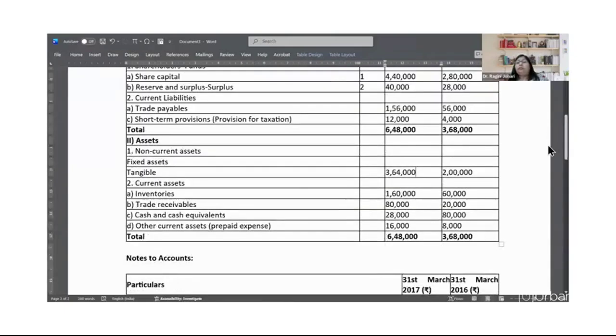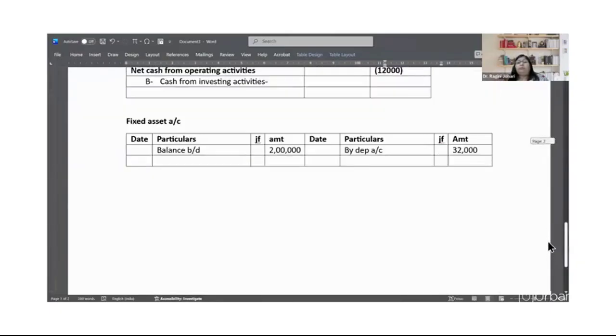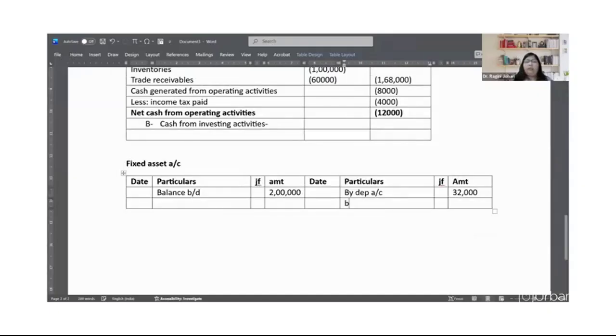That is 3,64,000. So what do we write here? By balance carried down is 3,64,000. Now let's balance it, and the balancing figure here would be the purchase price of asset in this current